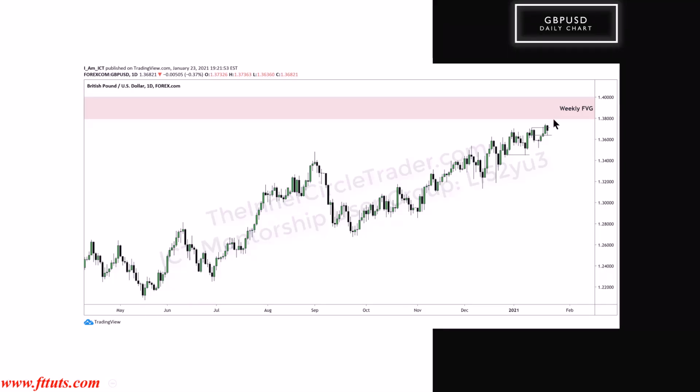Does it just hit the discount end of the weekly fair value gap and stop there, or does it press into consequent encroachment or the full closure? I don't know, but I know that this is a draw on liquidity. I mentioned that we were going to run above these relative equal highs again. We did that on Thursday. It traded a little bit softer on Friday, which is normal, but this currency is just punishing short sellers, and I mentioned this many times, and I don't think we're done with it.